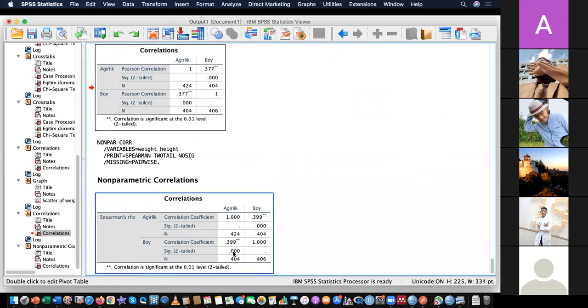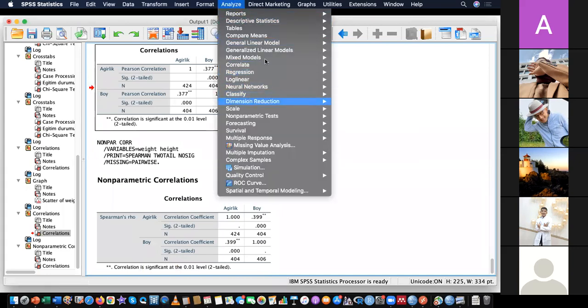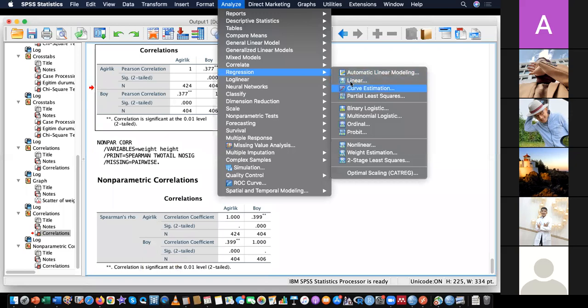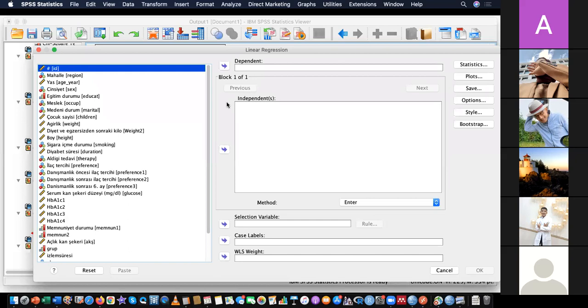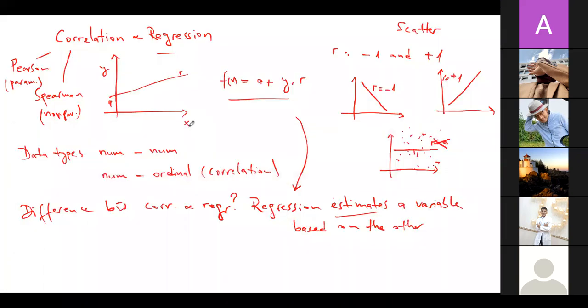And if it is significant, you can decide that as body height is increasing, so does the body weight. Let's go and do a regression analysis. For the regression analysis, we have the linear regression here in SPSS. In a regression analysis, you are trying to estimate a value. Please remember the difference between correlation and regression: in a regression analysis, you